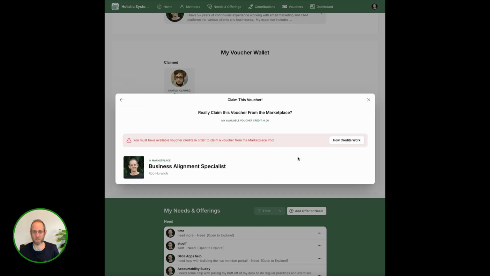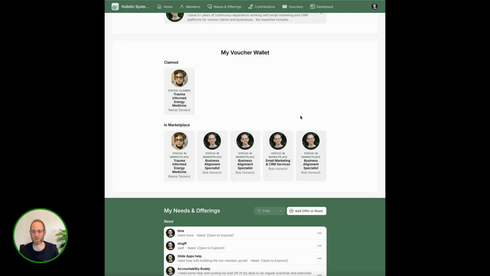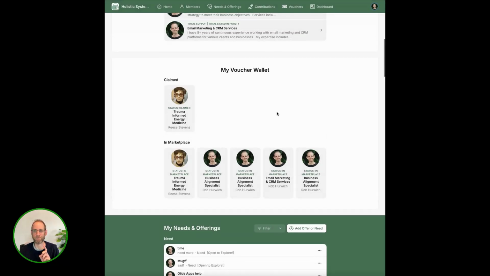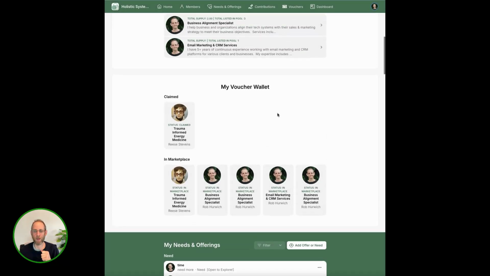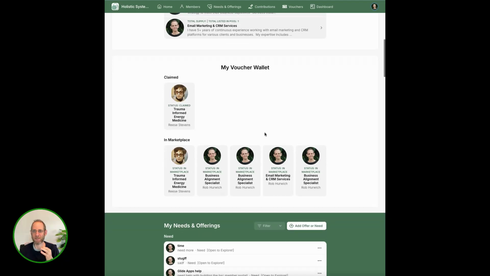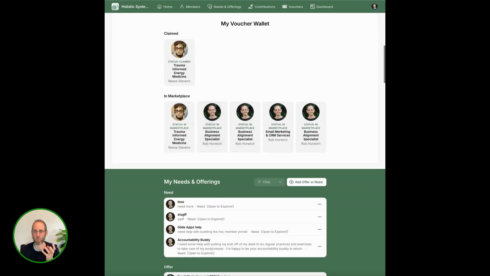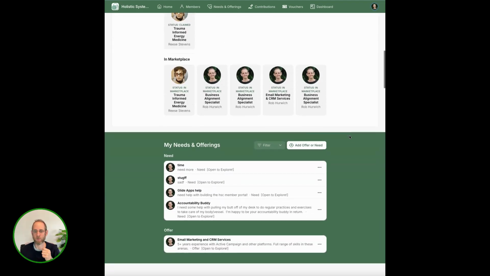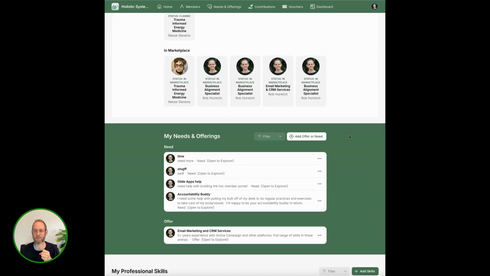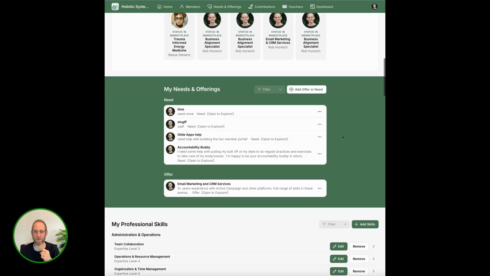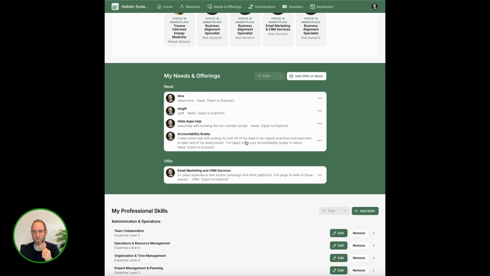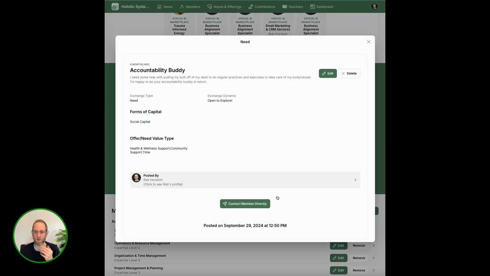I have 2 more weeks. How credits work? Tell me how credits work. That's going to be a little more filled out. But anyways, it's all working well, and that is voucher or commitment pooling. This is a way for us to use this tool. It should be easy and simple to use. You can't break it. You can delete your offering, but you can't